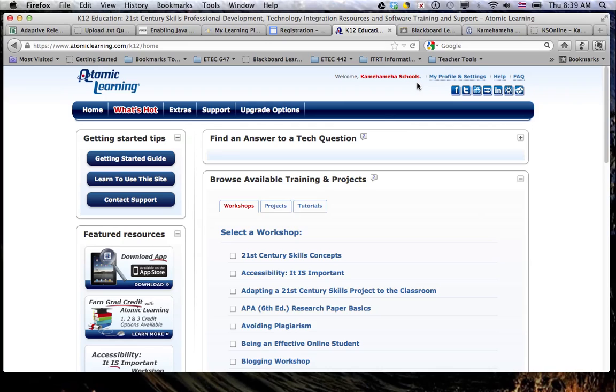We have a subscription for our entire campus, and what this allows us to do is automatically, when we go to the site, it logs us in, it recognizes our school site, and it automatically puts you in as Kamehameha Schools. But what I have done is I've created individual accounts for you folks so that each person can have their own account and they can actually go through and have assigned trainings, which is what I've done for you folks. So to get into your own account,